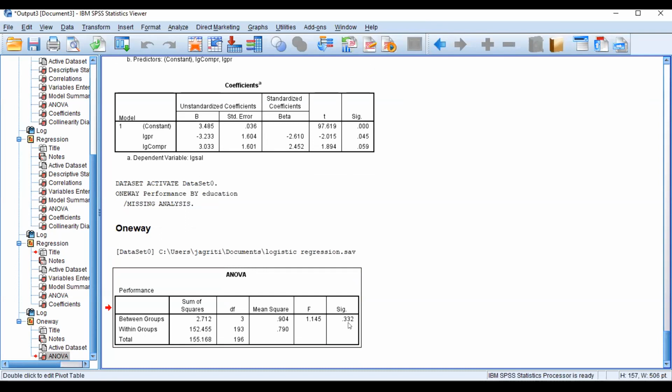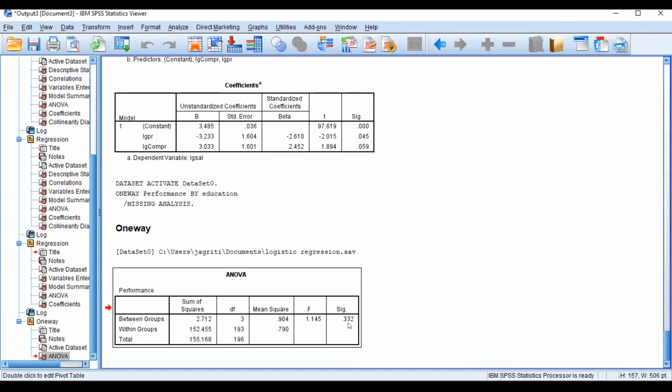I am accepting my null hypothesis that there is no impact of education on performance. Of course, there is no difference in terms of education for their performance. I cannot say that if he is from a science background, he will have better performance. This is my conclusion.